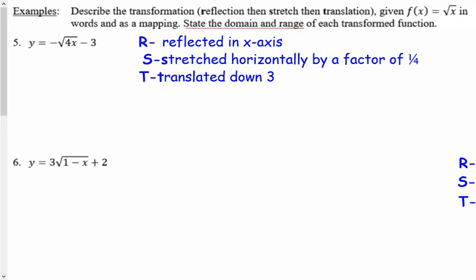So we want to state domain and range as well. So it's going to be helpful for us to think about the original domain and range, as in the original function is y equals the square root of x. So if we just think about it once, then we can use that for all the future ones. So if we talk about the original,